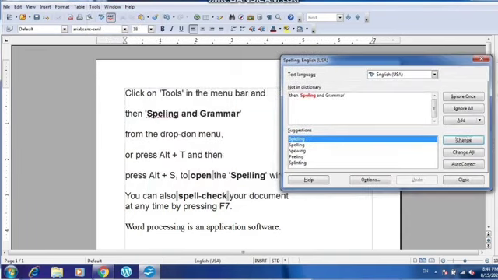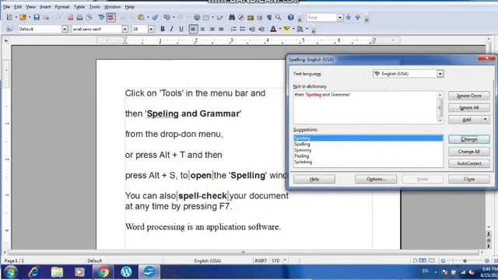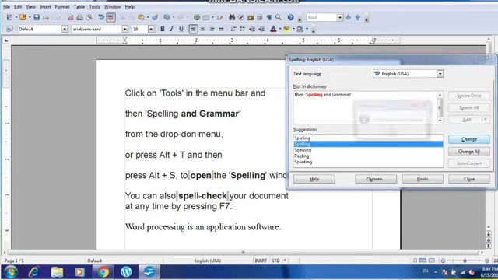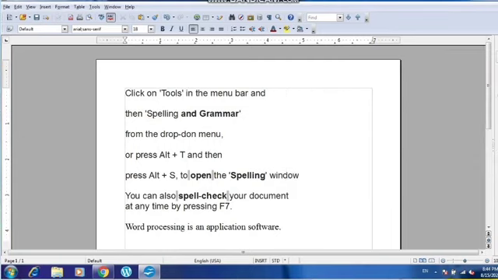So the first spelling the writer got wrong is this word which is underlined. You can see here that it is not in the dictionary and it is not a correct spelling, so it is giving you the suggestion to change it. Whatever spelling you want, just click on change here and it will be changed. And then it didn't find any other wrong word, so it has not given you any other suggestion.